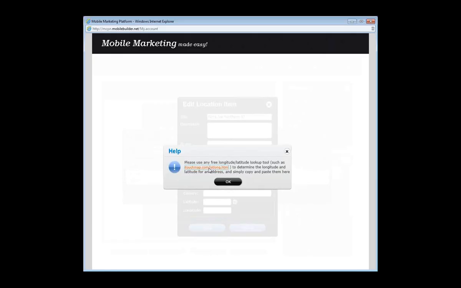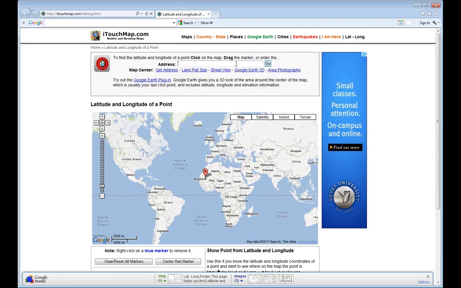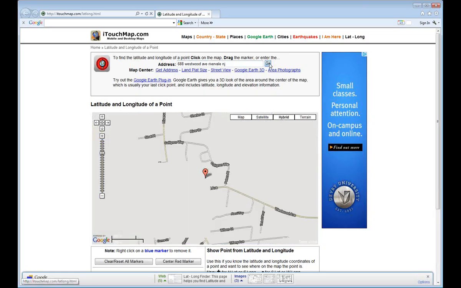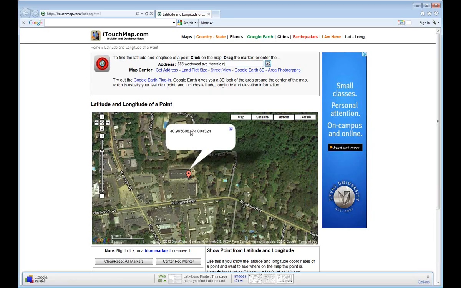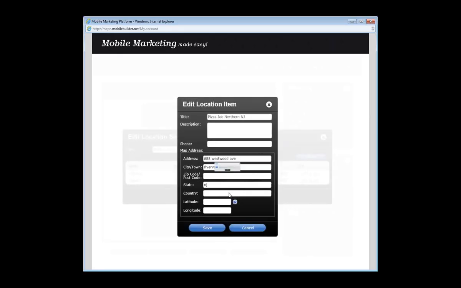you to the iTouch. And now here I would come in and I just put in my address, so 688 Westwood Ave, Rivervale, New Jersey. I hit go, and it's going to bring up the longitude and latitude for me. So I would copy this. I come back to my website. I come in, paste in the